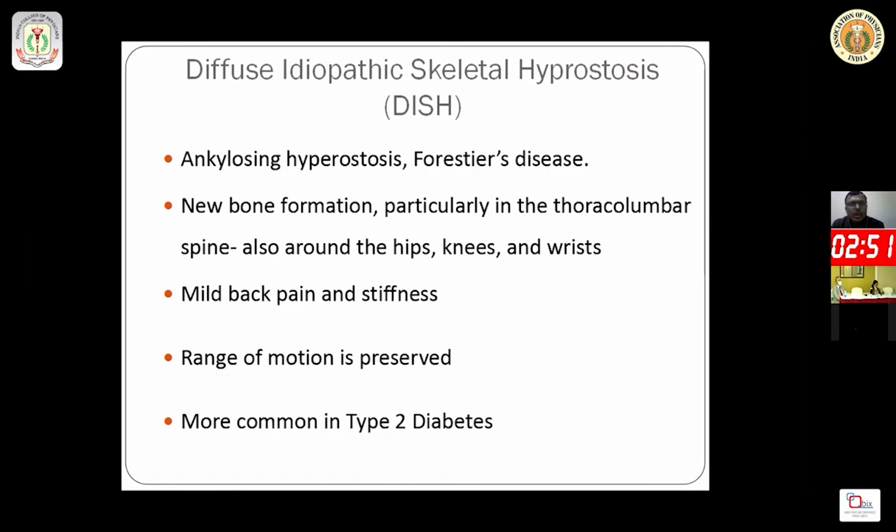DISH, or diffuse idiopathic skeletal hyperostosis. It comes in very close differential diagnosis of ankylosing spondylitis, but ankylosing spondylitis occurs at a much earlier age as compared to DISH, wherein there is new bone formation, particularly in the thoracolumbar spine and also around the hips, knees, and wrists. There is mild low back pain, and the range of motion is preserved if we compare it with ankylosing spondylitis,